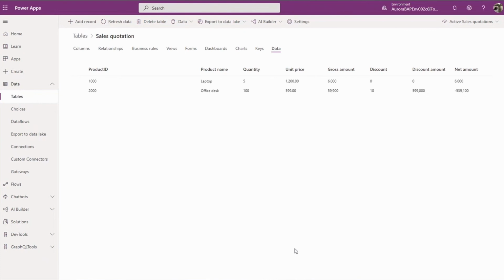In this demo, we will take a look at how Power Fx is used in Dataverse to enable formula columns functionality. The scenario we have is that a sales rep wants to create a sales quotation app to capture sales quotations. What we have here is a sales quotation table with 8 columns, and columns like product ID, product name, quantity, unit price, and discount are regular columns, whereas columns like gross amount, discount amount, and net amount are formula